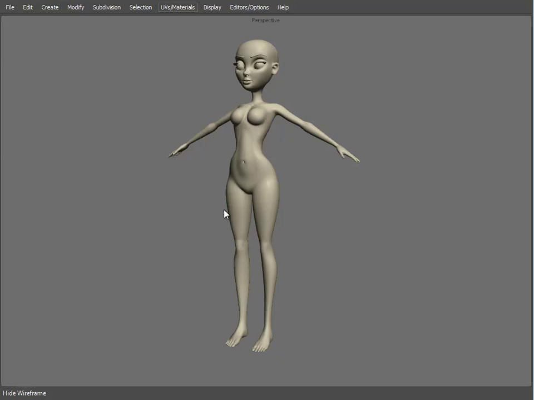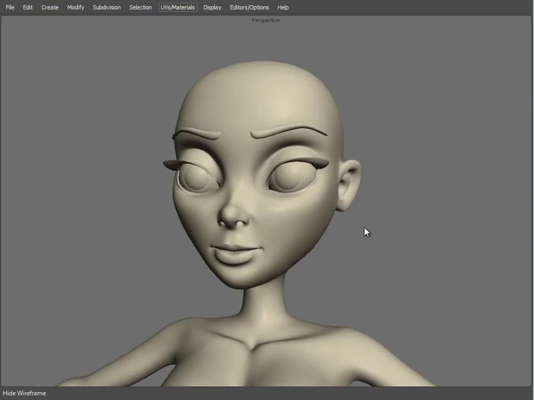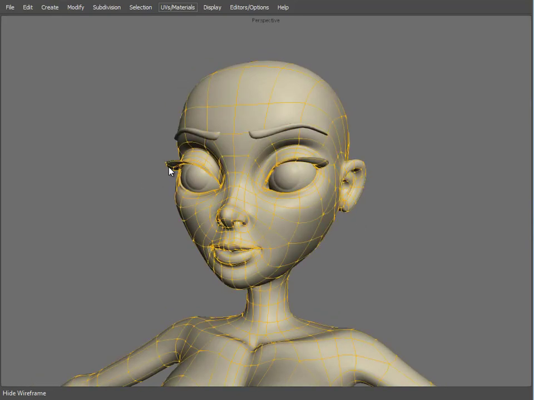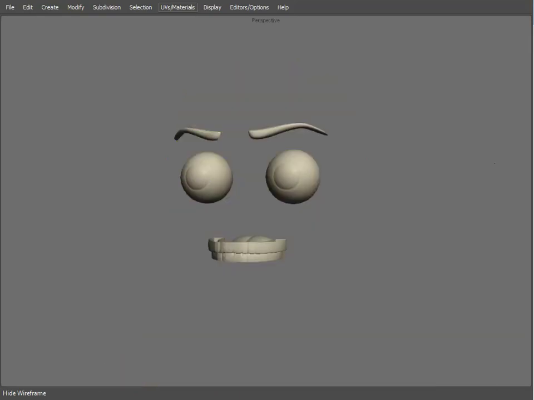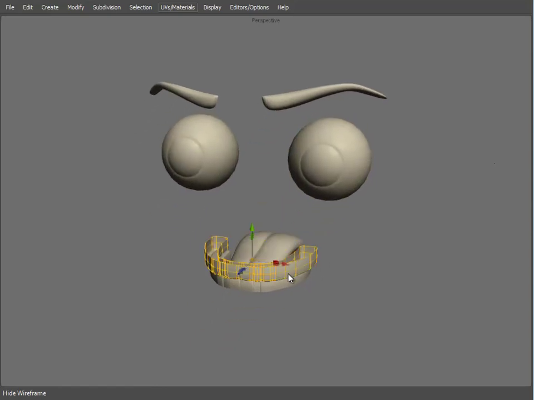So this is where the character is now, and I've done a little bit more work on her since the last video, just tidying up the model a little bit, tidying up the topology, fixing a few areas and adding a few little tweaks here and there. If I zoom in, we can see we have eyes, we have eyebrows, we also have eyelashes. But on top of this, what I've also done is created a tongue and two sets of teeth, the upper